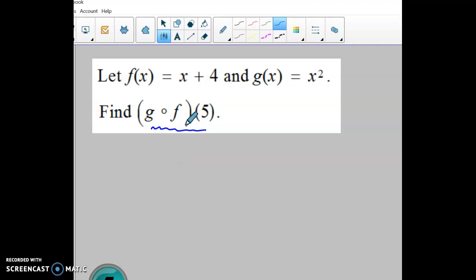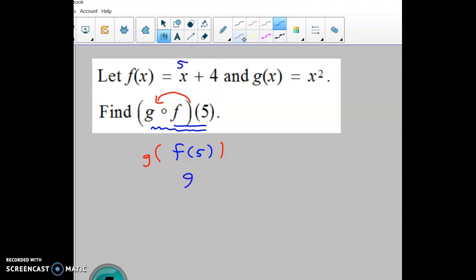Okay, so composition is you do whatever function is closest first. So I'm going to evaluate f of 5, and whatever you get for that output, you're going to input into the back function g. When it's written this way, you do the one that's closest first. So f of 5 would just say, okay, if I put 5 in for x, we would get